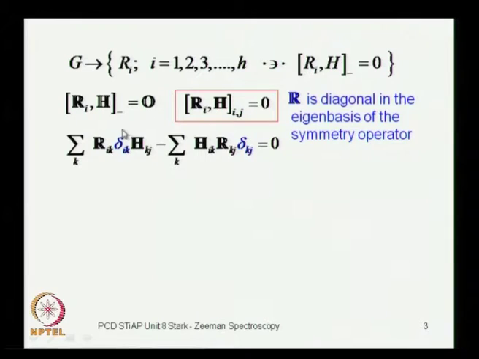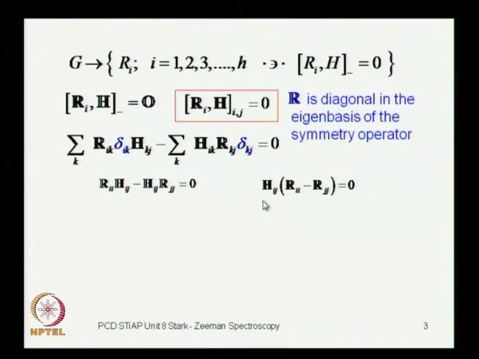So, Rik will implicitly include a Kronecker delta, it will be non-zero only if i is equal to k, and here because of this Kronecker delta, this element Rkj will be non-zero only if k is equal to j. So, the summation over k will contract and you get Rii Hij minus Hij Rjj equal to 0,